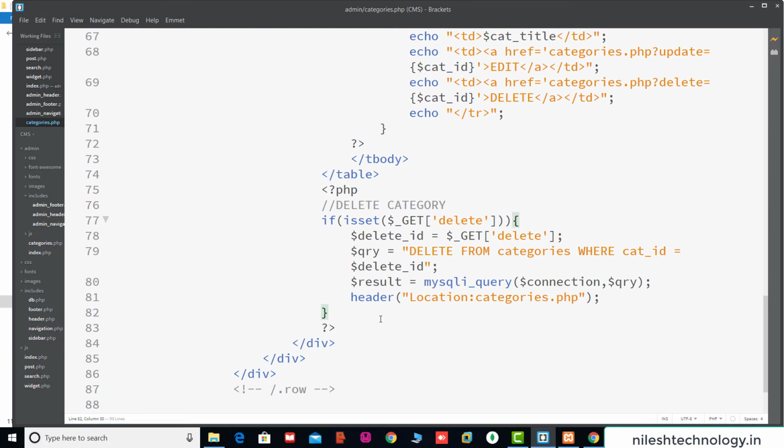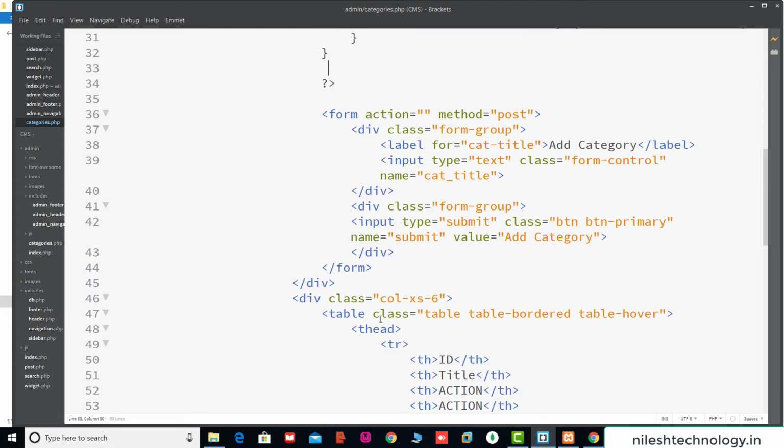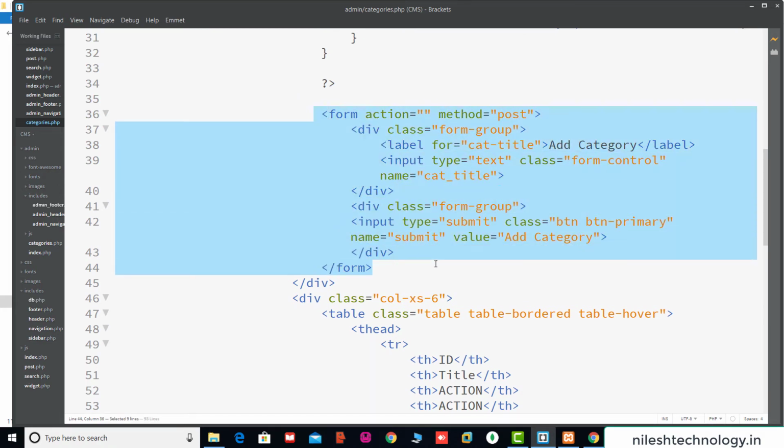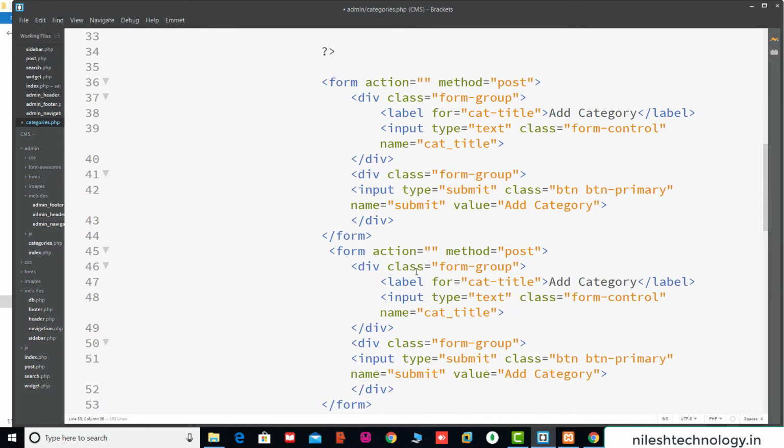Now we are going to this edit section. So now here we create another form. So here this is the form. So we copy this add category form and paste here. So this is another form. Okay, now here we change the method is equal to post, action. This is your div class.